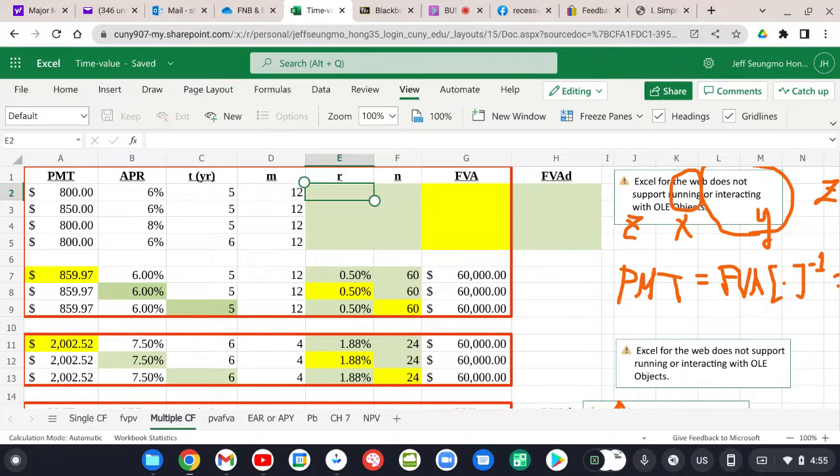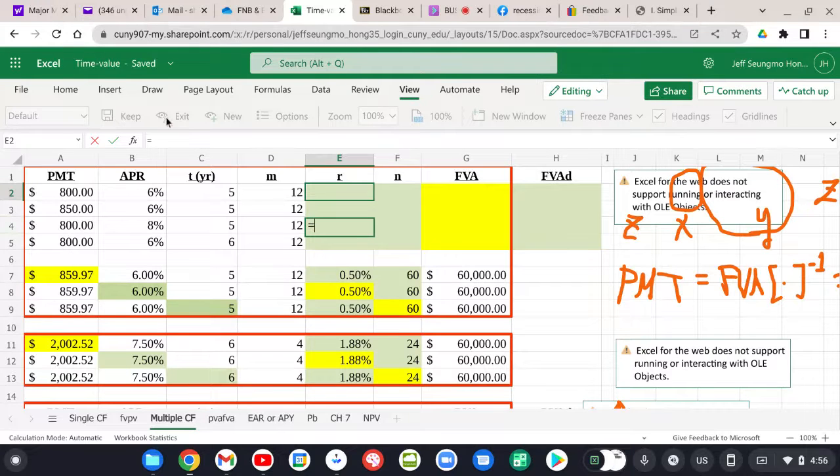This is exactly our example. Your deposit or payment is $800. APR 8%. Your timeline is 5 years, and the compounding frequency is 12. Monthly compounding. That means you're making a monthly deposit of $800 for 5 years, 60 deposits. So first we will have to find,